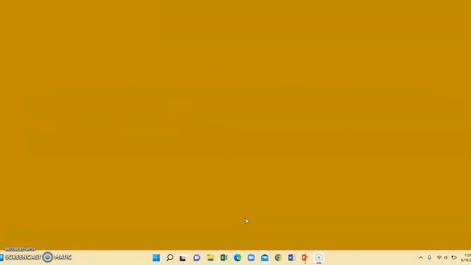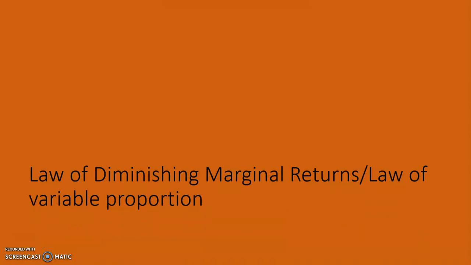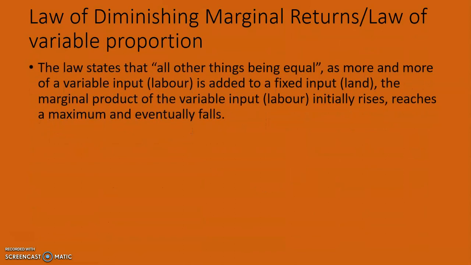So we explain the law of diminishing marginal returns. The law is also known as the law of variable proportion. Now, if you are asked to state a law in economics, never forget to bring the phrase, all other things being equal. Now, the law of diminishing marginal return states that all other things being equal, as more and more